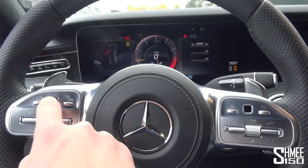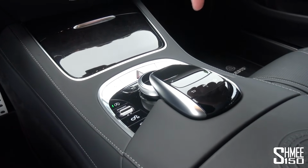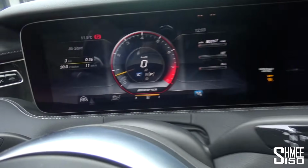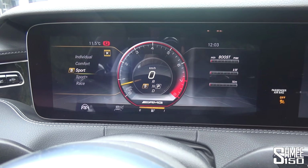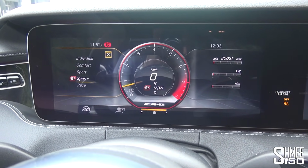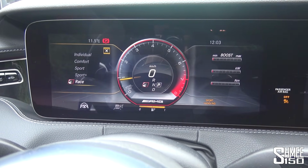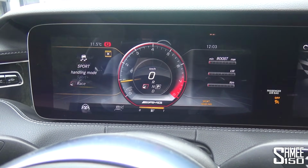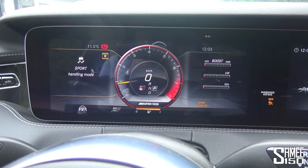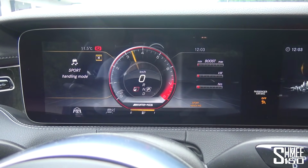And it barks into life. So you have a number of different driving modes which are controlled through the dynamic selector here in the center console, which also changes the exhaust valve. So from comfort to sport, then if we go to Sport Plus, you can hear the revs increasing, but also the valve opening, which is also open in race. And although the engine is cold at the moment, we can't hear too much of it. We'll come back for a sound check later on, but just to give you a taster, this thing is going